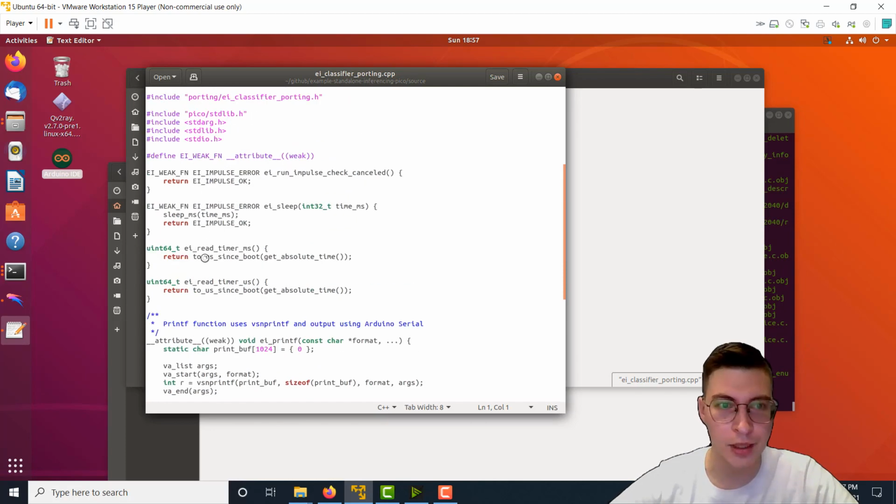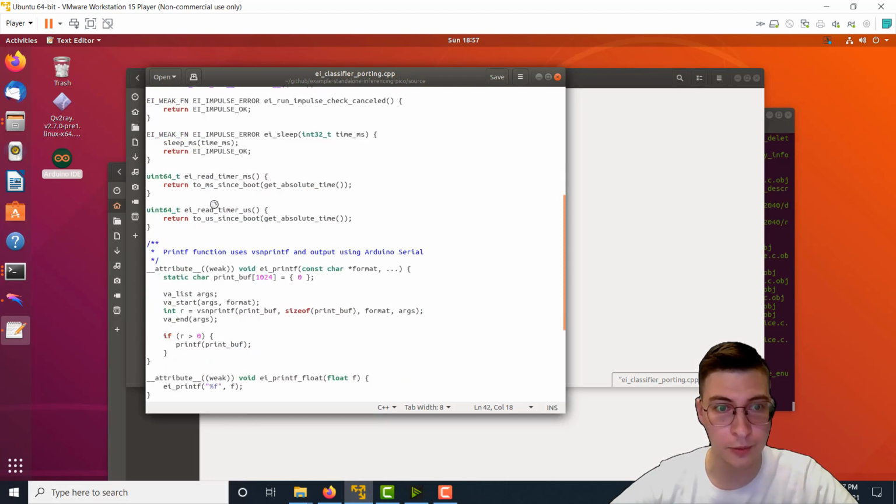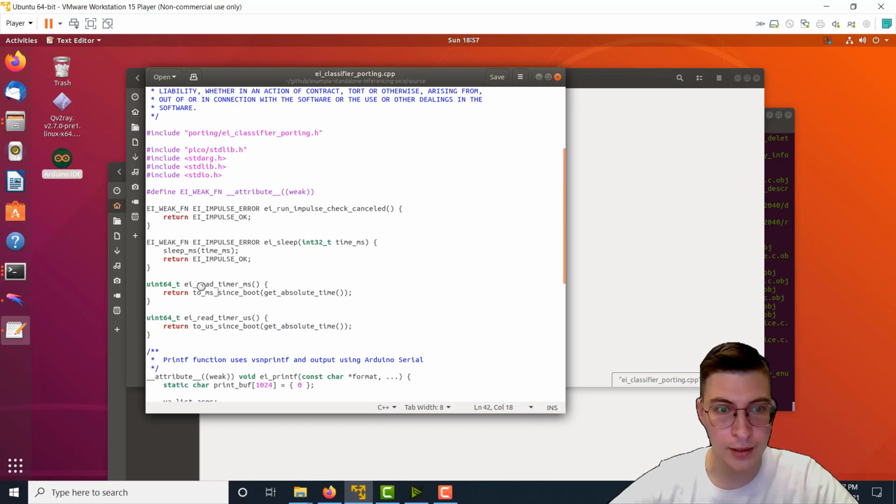Basically what I had to do is just to change these function placeholders to the functions from the Pico SDK. So for example, in the case of Arduino, this read timer ms would be just return millis, would look something like that